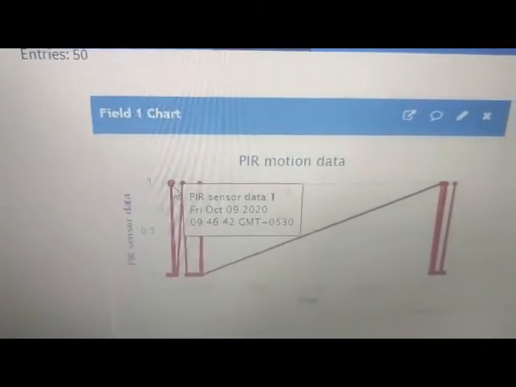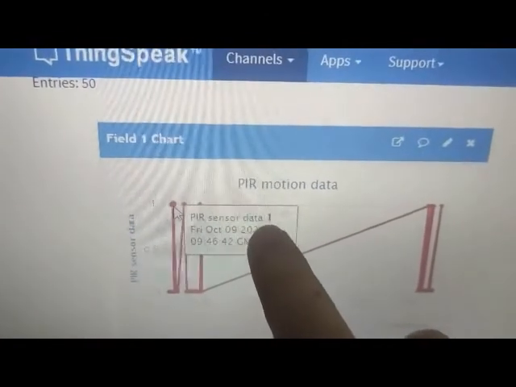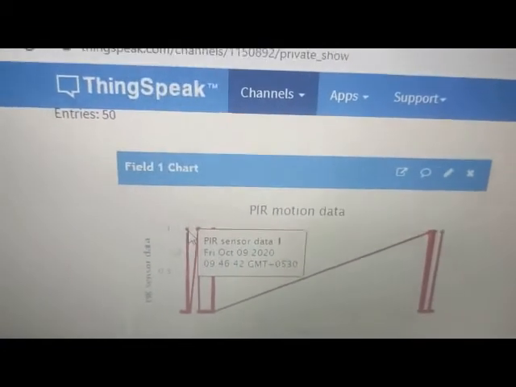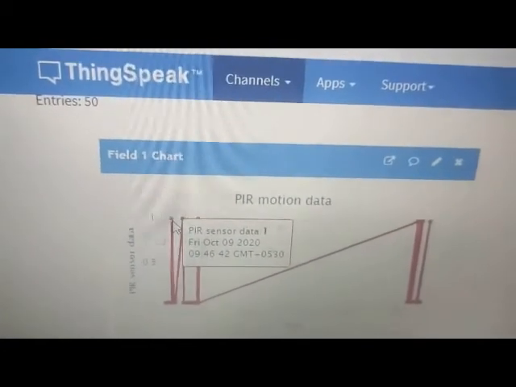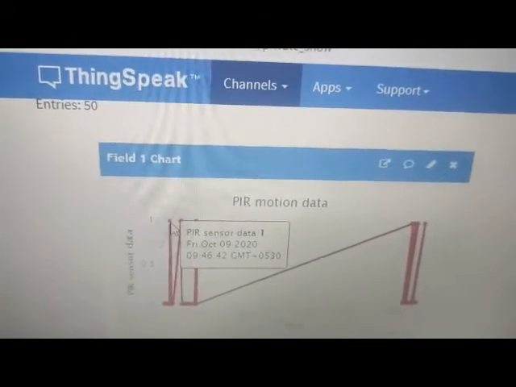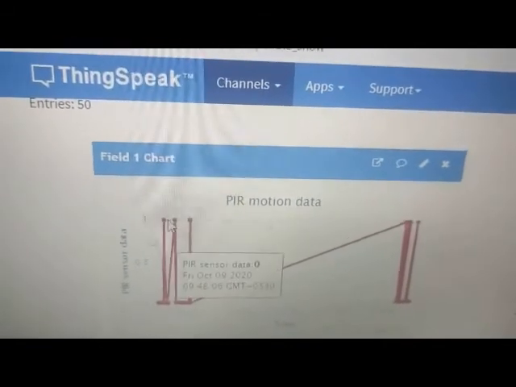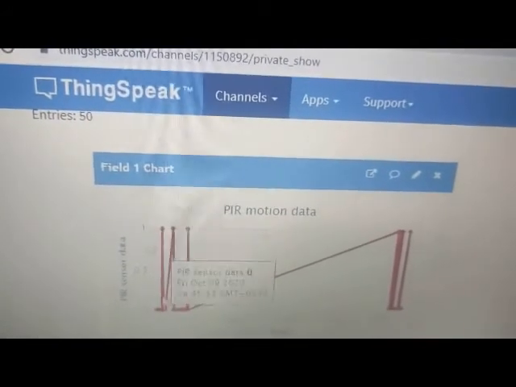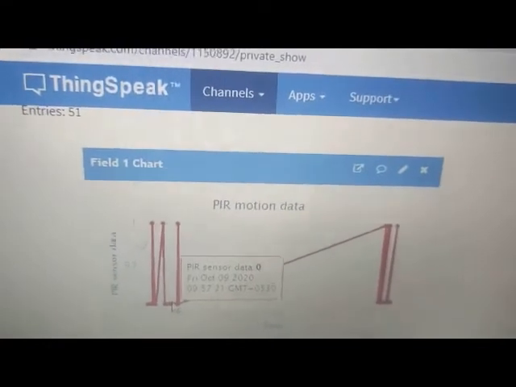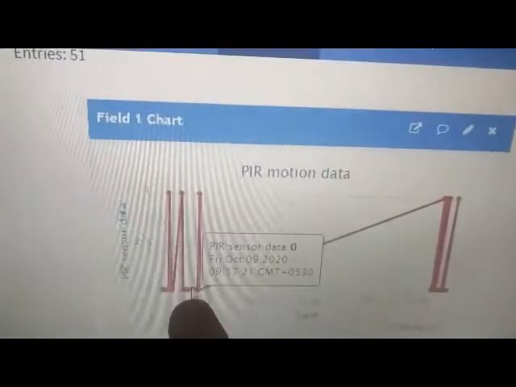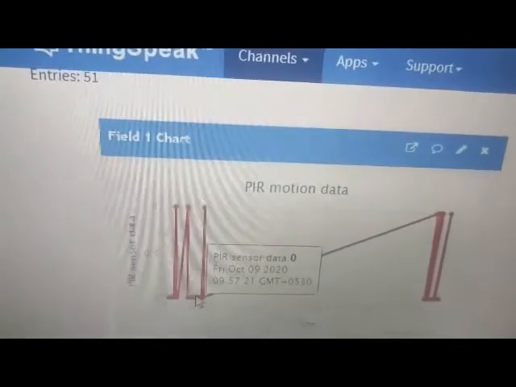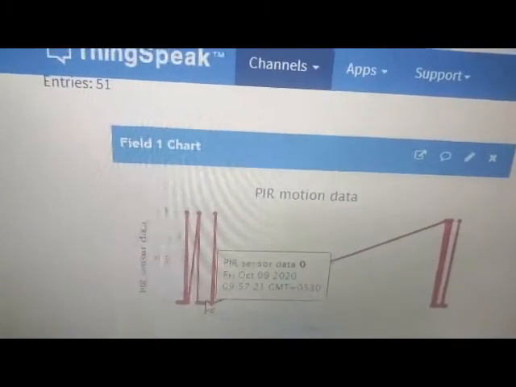You can see the PIR sensor data value is 1, and every 15 to 20 seconds it checks the motion, and if it finds there is motion, then it says that the PIR sensor value is 1. Otherwise it is set to 0. Like in this case, you can see that there is no motion at this time, so the PIR sensor data is 0. Now let's check what the time is.